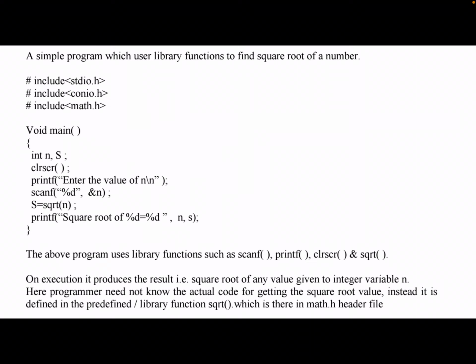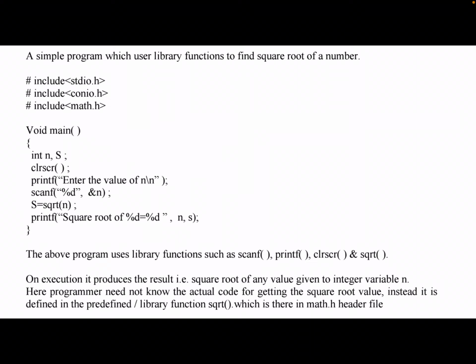So first we are printing the statement, enter the value of n, then I am including a scanf statement where, since it is an integer value, I am taking it as %d and &n. Then s is taken as sqrt of n, and that value is getting printed on the screen using the printf function. So in the above program, we have seen how the library functions such as scanf, printf, clrscr, and sqrt